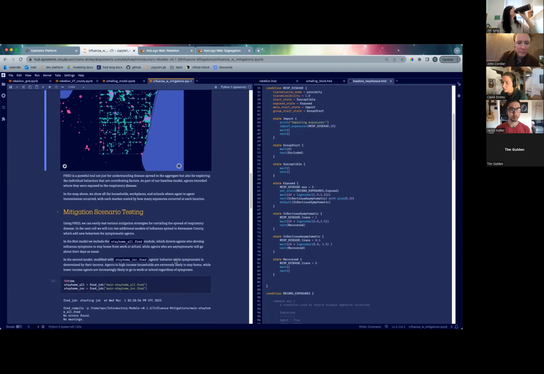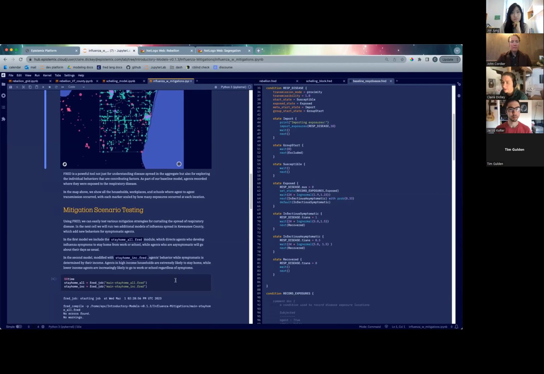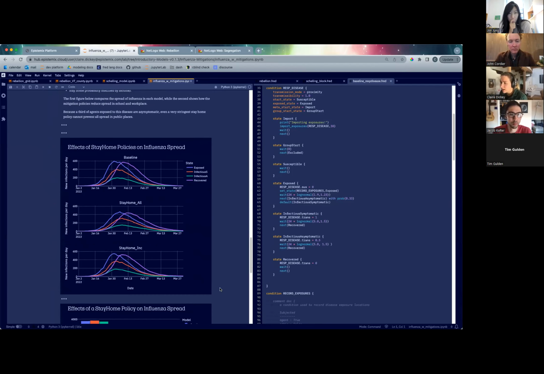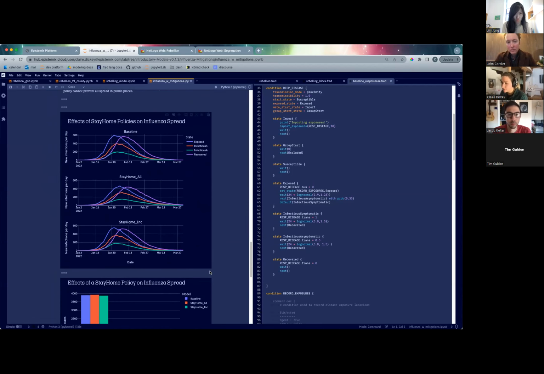What I also want to show is starting to look at scenario comparisons. In this case, we created 2 stay-home policies. One where every agent is encouraged to stay home from work or school if they start showing symptoms, and they do that at about a 95% rate. And a second variant where agents are much more likely to stay home from work or school if their household has a higher income. So if they feel able to take the time off, they're more likely to stay home when they're sick. What we can see is that the stay home all does reduce the curve somewhat. The stay home income base reduces the curve a little bit, but not that significantly,